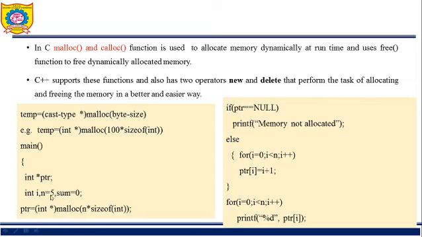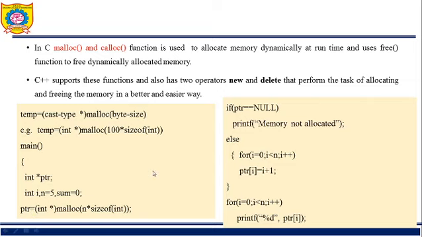So we want to create a memory space for 5 elements of integer type at runtime. So we are using malloc with n into the size of int for all n elements of integer type. So 5 into 4, that is 20 bytes get reserved, 20 bytes get allocated, and its starting address returned by the malloc function is converted into integer pointer and stored into ptr. Now you might get an idea about this malloc function.